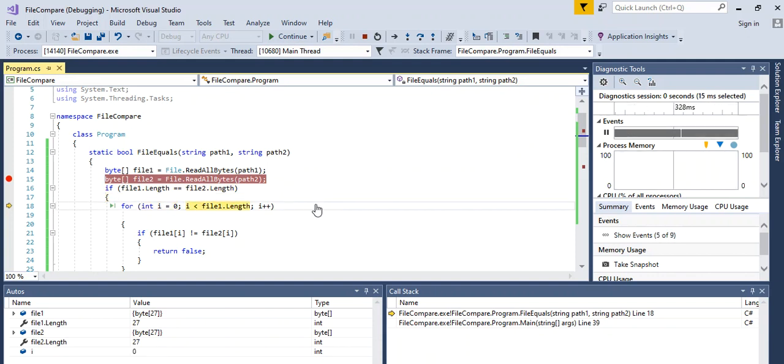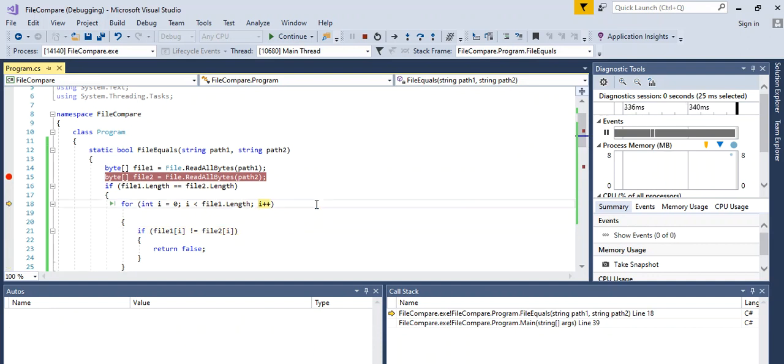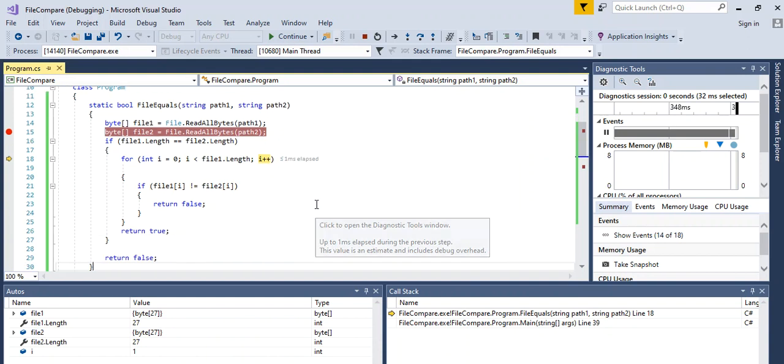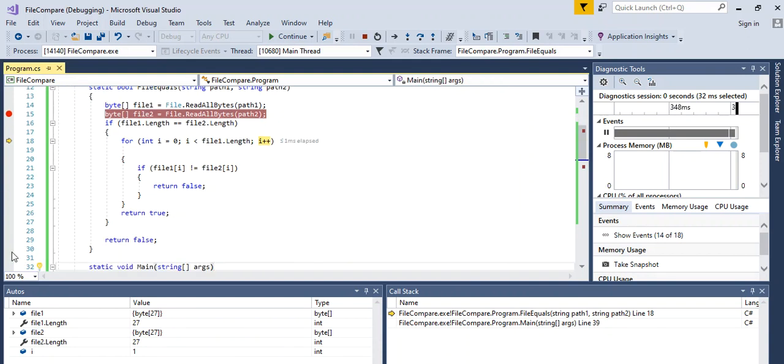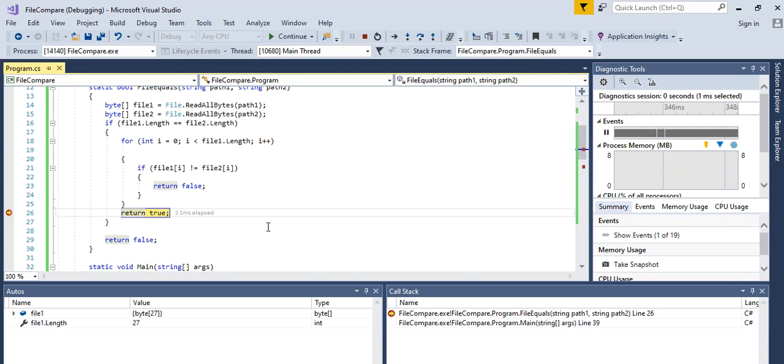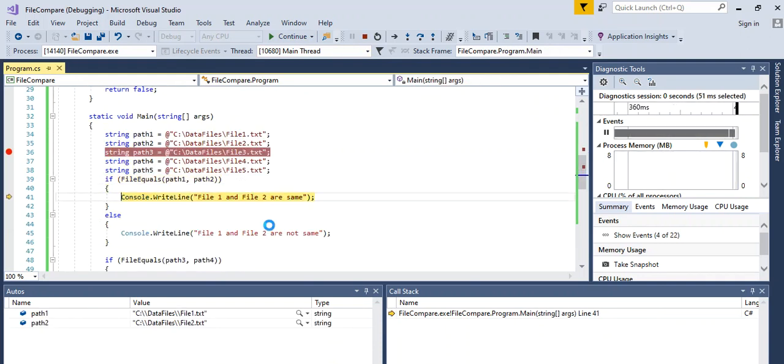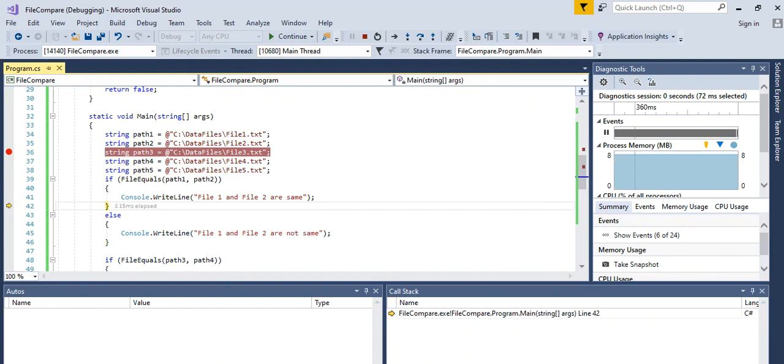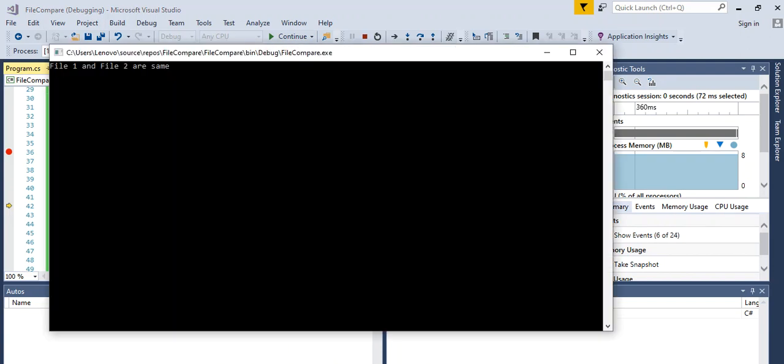And as we already know that I have put the same data in both files, it will start comparing it. So let's put a debugger here. So see, both files have the same data, and the console will write the message file 1 and file 2 are same.